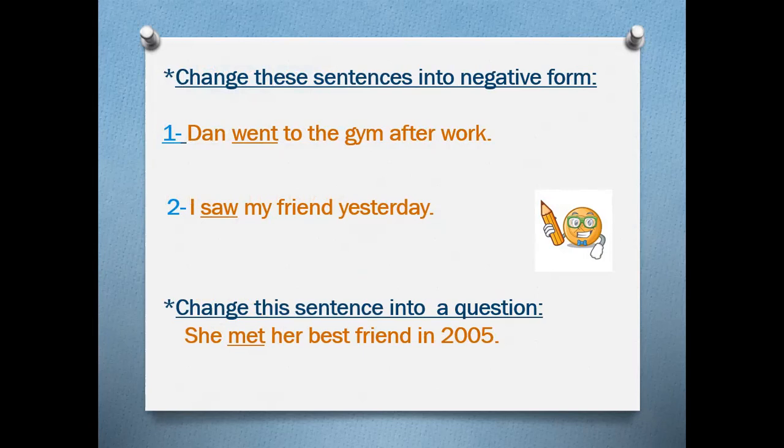So Dan, we put the subject. It's not affected by anything. Didn't. The verb one from went is go. Dan didn't go to the gym after work. Number two, I saw my friend yesterday. So I is the subject, saw is the verb, it is verb to. My friend is the